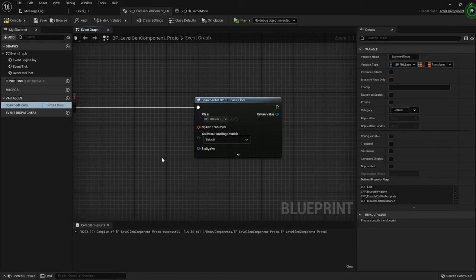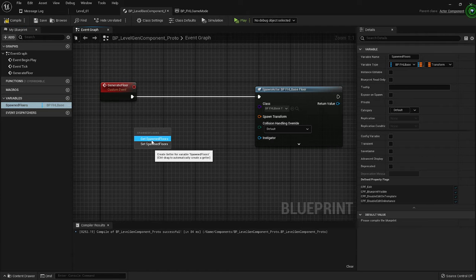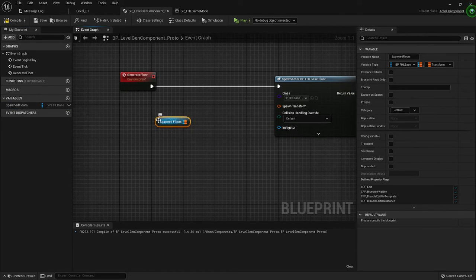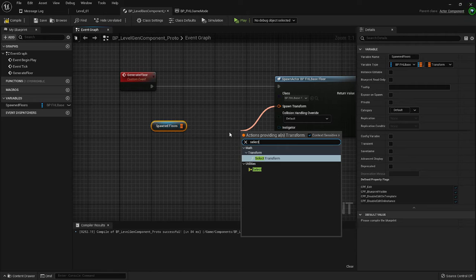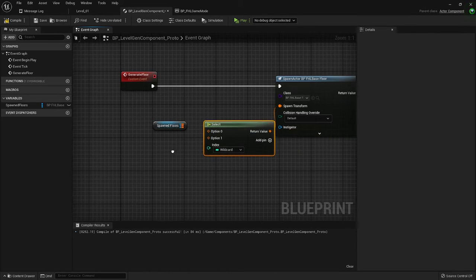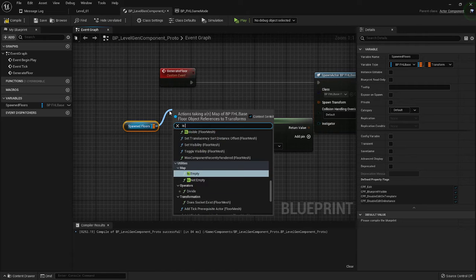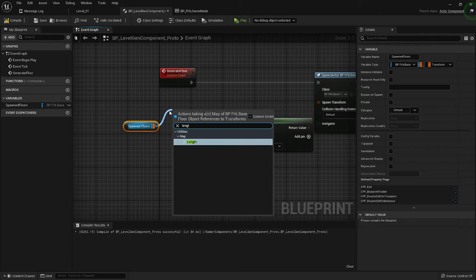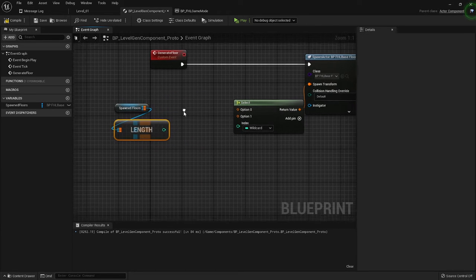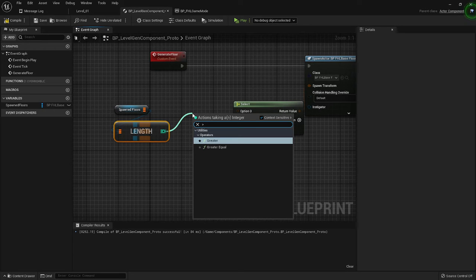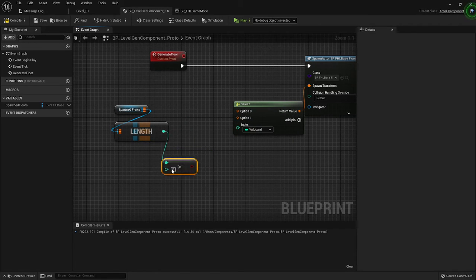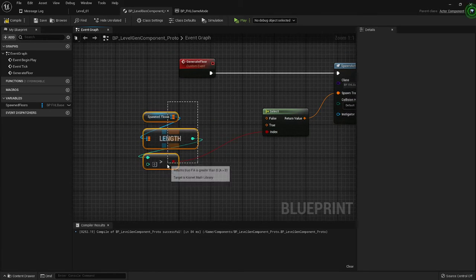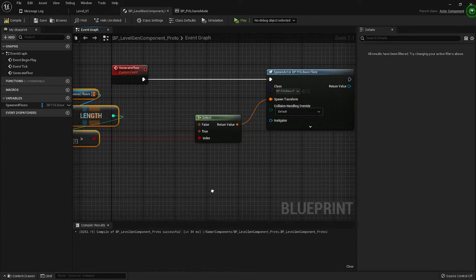Okay, so now I'd like to be able to check this and see if there's an existing one. So if select, so if is valid on first, is valid, length. If length is more than 0, which means it already generated one, then it does something else. Otherwise, I would start with,